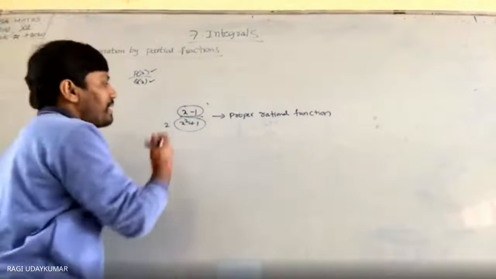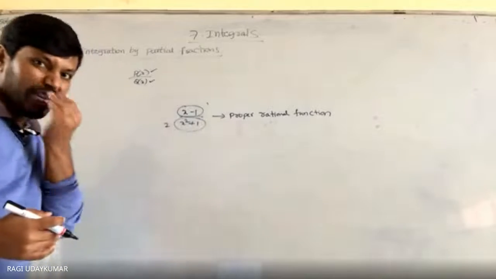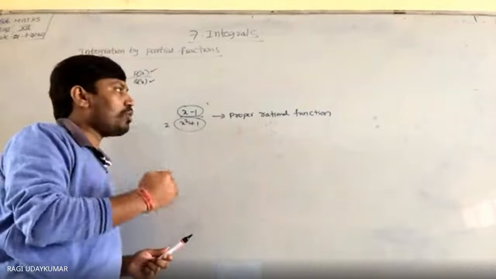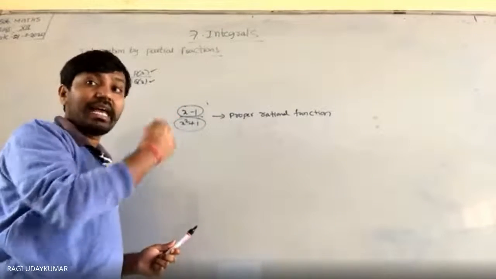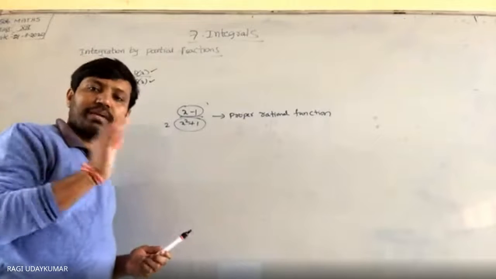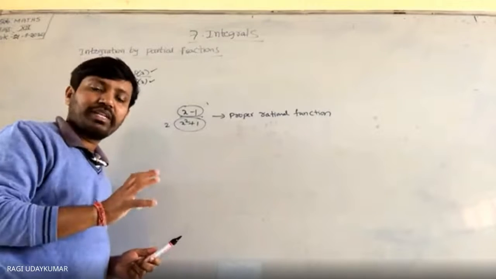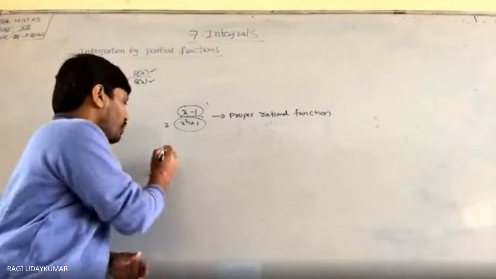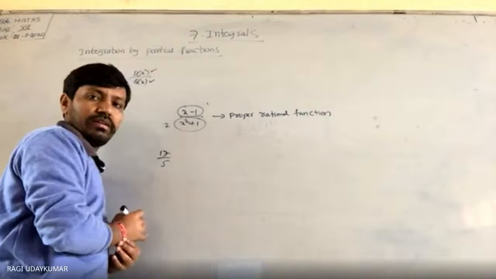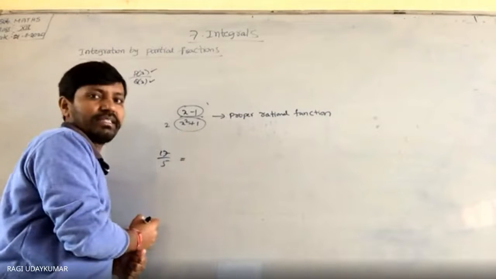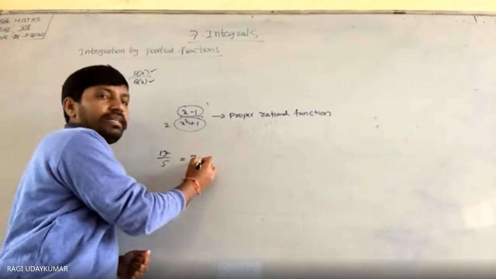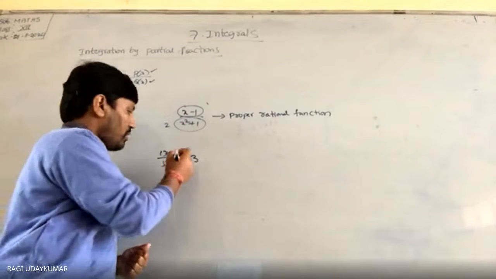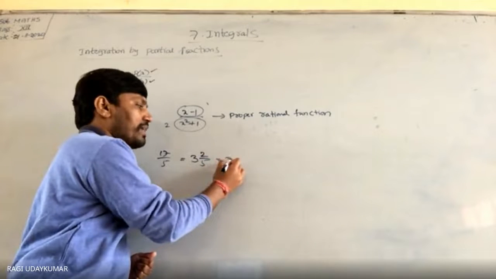If the degree of the numerator is greater than the degree of the denominator, it is called an improper fraction. Greater than or equal, if you are having, it is called an improper fraction. And that improper fraction, proper fraction में convert कर सकते हैं. Just like numbers only. Suppose you are taking 17 by 5. 17 by 5 can be written as 5 3 is 15, remainder 2, so 2 by 5. Or you can write 3 plus 2 by 5.